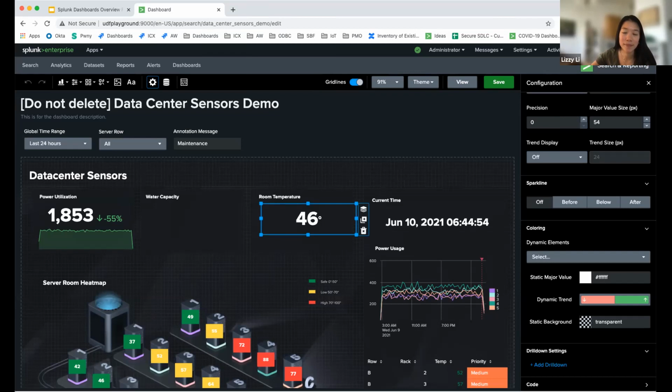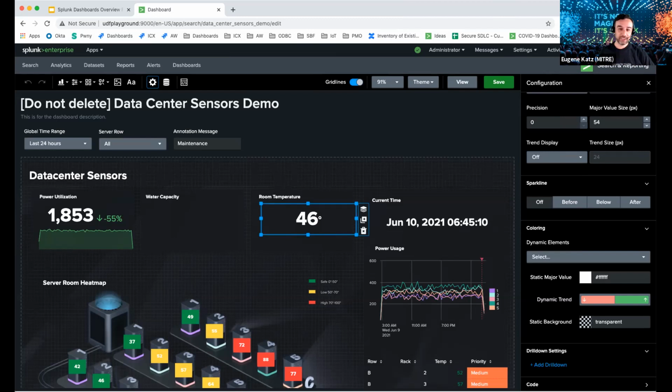Okay. Any other questions? This is 8.3. This is 8.2. As in it's already there. If you're on 8.2. And I was just looking to see that the .conf has a Splunk University session on this. Yeah,